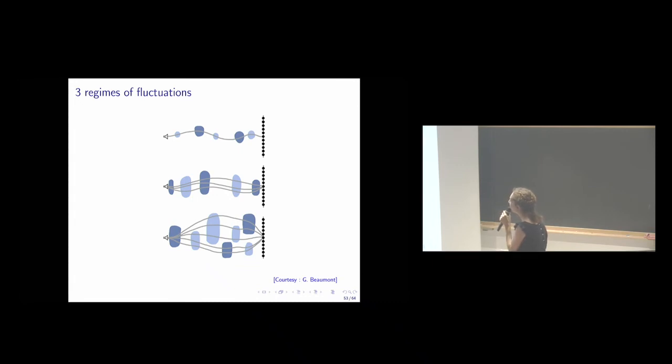So, three regimes of fluctuations. The first one is called the unsaturated regime. You have a path here, you have a ray, and the ray goes through different inhomogeneities, but it doesn't create some diffraction of the path. At the end, it's difficult because you have a sort of deformation of the path, but it could be handled. When things are getting worse, you can have some diffraction of the path, and you have the creation